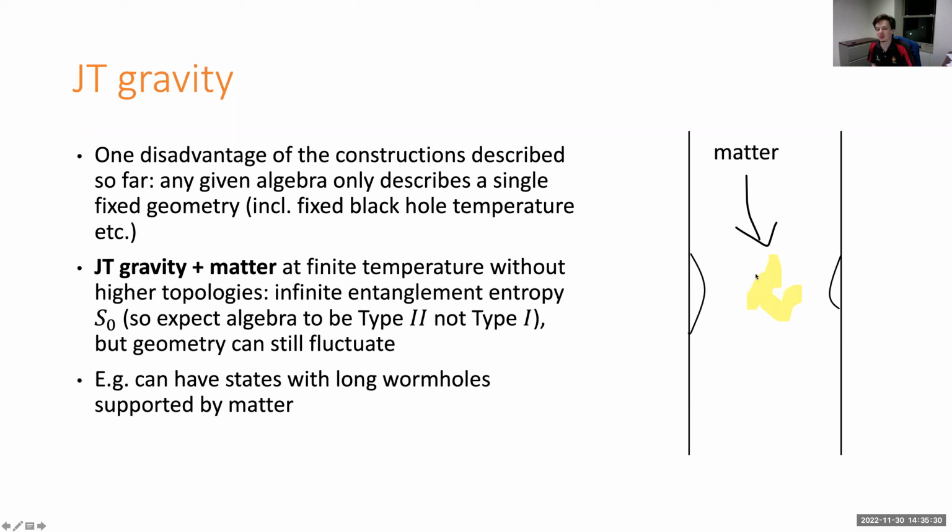You can have some state with a load of matter sitting in the middle that then has what's called a long wormhole. So a light ray shot out from here in the absence of matter would end up almost hitting the boundary, the right boundary up here. So the right boundary would go from here all the way down to here. But if there's a load of matter sitting in the middle, then you can have focusing and you can have the right boundary way off over there. Okay, so you can have much more interesting states going on. You can have interesting dilaton profiles and so on, and cool stuff happening.